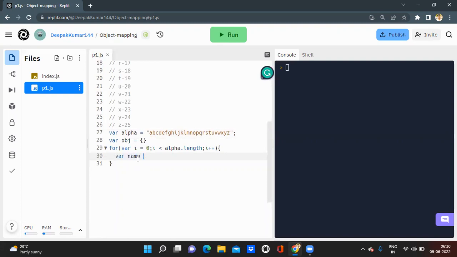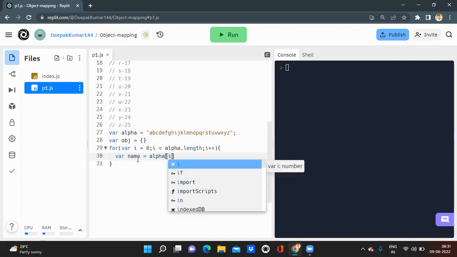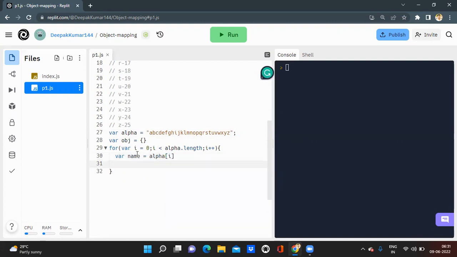So how can we put all the elements inside the object? Let name equals alpha i, declaring another variable name as alpha i, running the loop from 0 to alpha dot length. And now if object name equal to undefined,